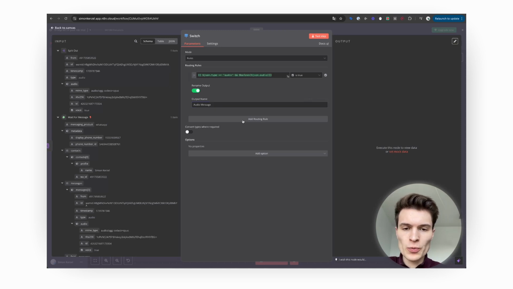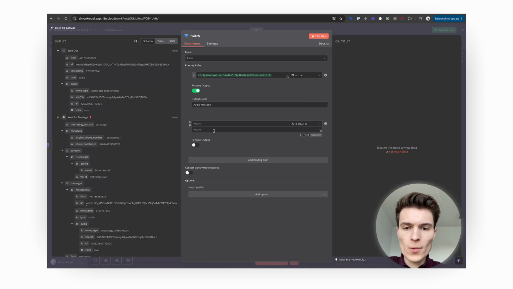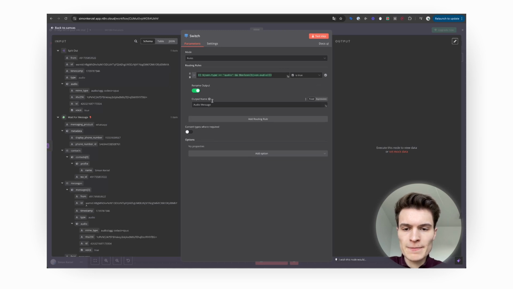And now we could do more types, for example, equals video and JSON.video, or image, JSON type equals image, and then Boolean JSON.image is true, to check different types and then have different paths for each media type. But we want to keep it simple in this video, so we won't do this. We only have audio, and then